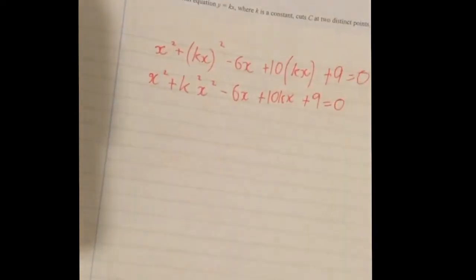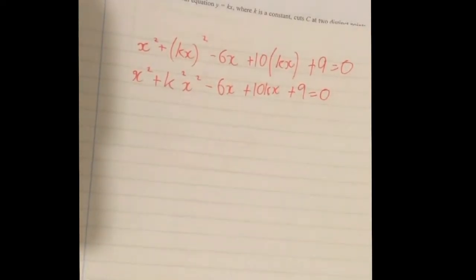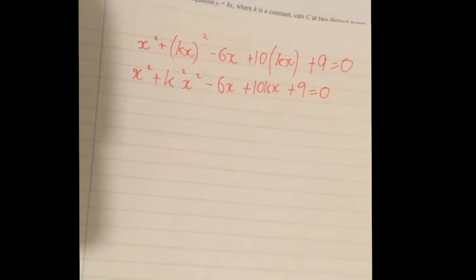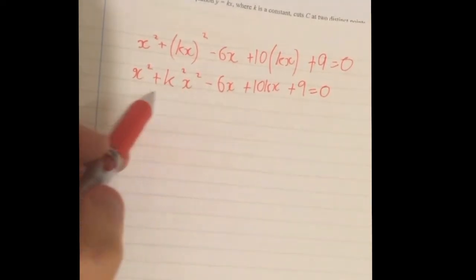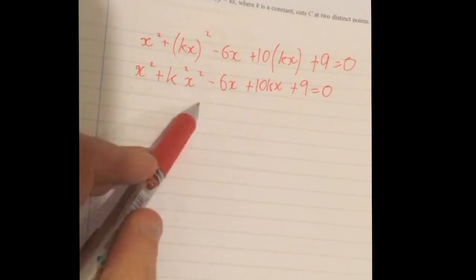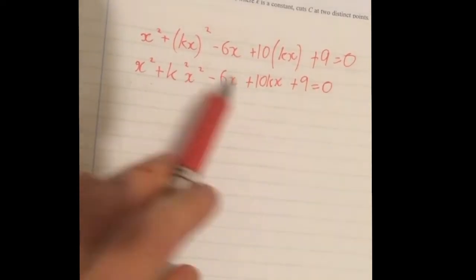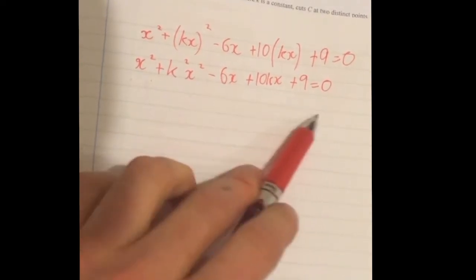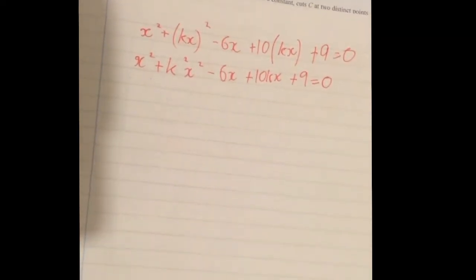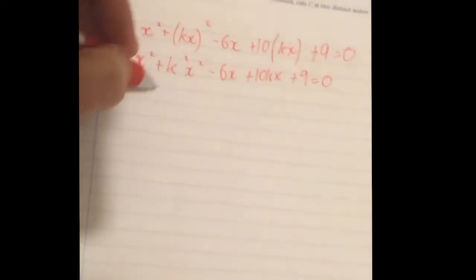So the hard bit now is deciding what is a, b, and c for use of the discriminant. So we get all the x squareds together, but we can't have 2 x squared terms. So we need to factorize this. So we just have 1 term for x squared, 1 term for x, and 1 term for whatever numbers are left at the end. So take out x squared as a factor,